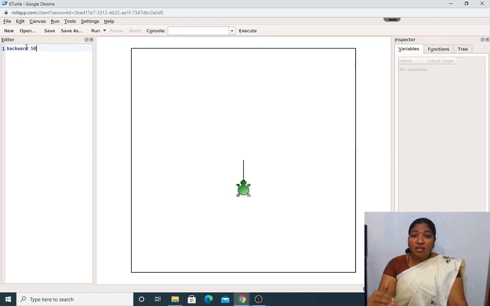When the turtle is at the center position and I want it to come back, it will go in the opposite direction.